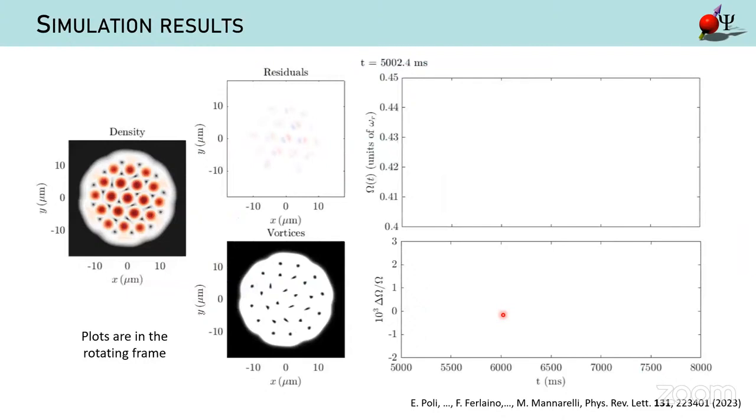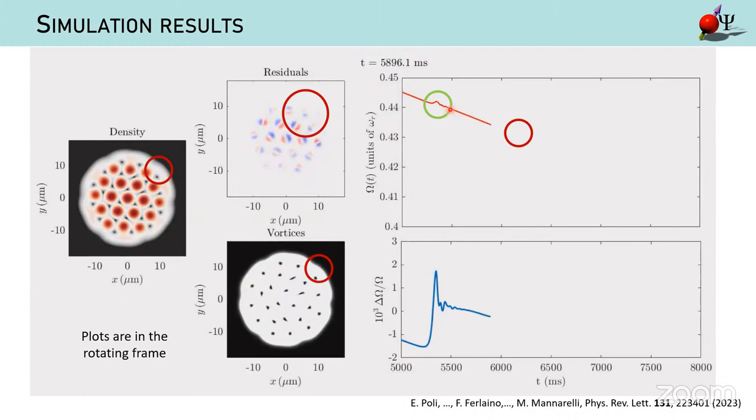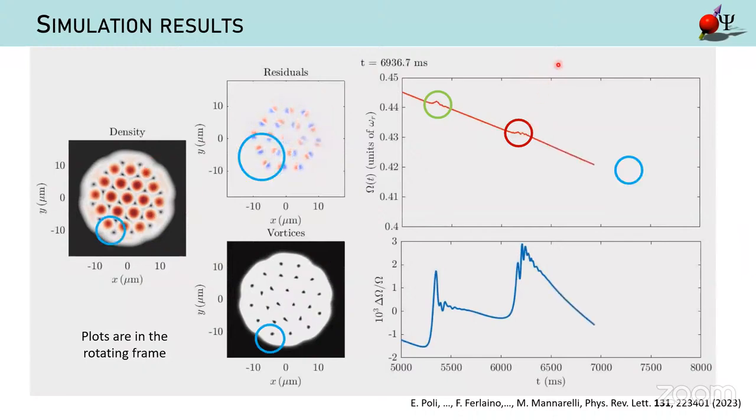So here are the simulation results, where basically here you can see the state. These are just the vortices, and here you will see the rotation frequency of the star that will globally slow down, and every time a vortex is leaving, you see a sudden spin-up, which is the glitch. So let's start. You see a vortex is going out, and here you have the first glitch. Now we have another vortex going out, and another glitch. And finally, another vortex leaving. There's still a collective dynamic of vortices inside that are rearranging,